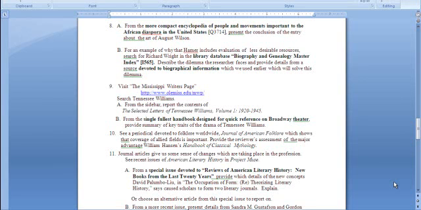Okay, I'm going to show you how to actually access ebooks through MSU Libraries, two different catalogs, hopefully in the same video. So using the question from the English 603 Week 8, Question 8, as an example, we are supposed to find a more compact encyclopedia of people and movements important to the African diaspora in the United States, in